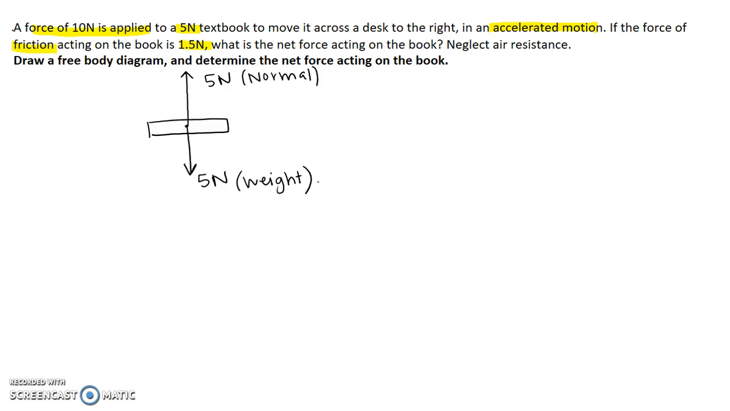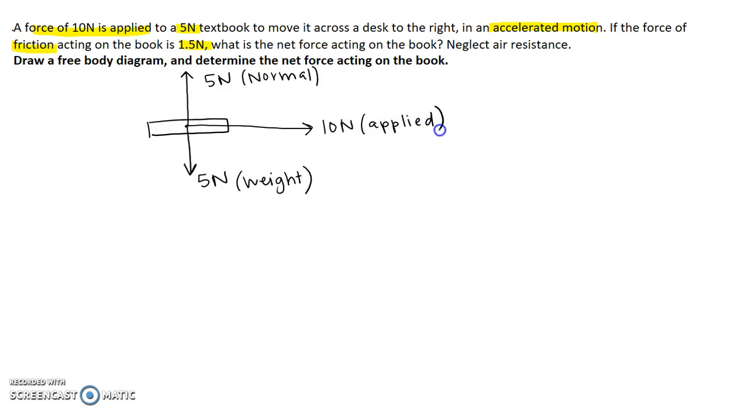Next thing that I know is I've applied a 10 newton force, and so whenever I draw a free body diagram, my arrows need to make sure that they are to scale of each other. And so what I mean by that is if this length means 5 newtons and I'm applying a 10 newton force to the right, this would be 5, this would be 10, right? It needs to be about 2 times as long. So I'll label this with my 10 newton force,